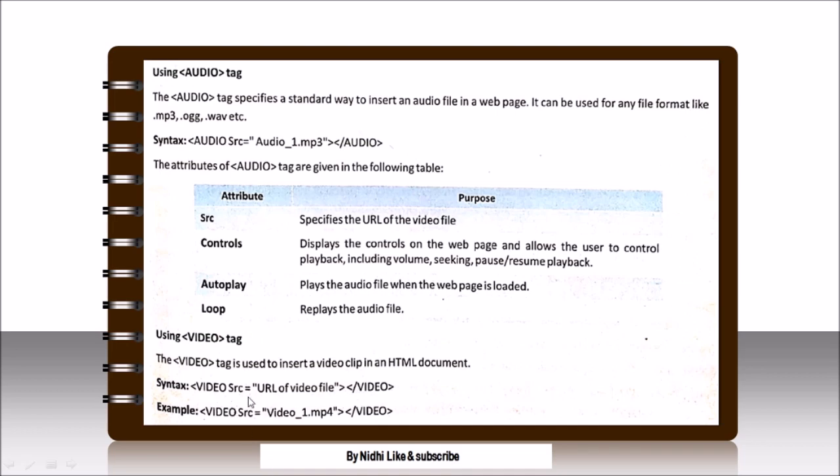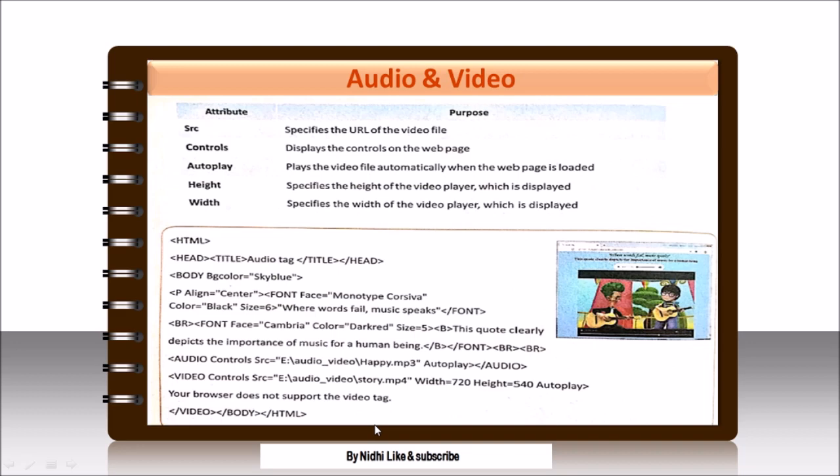So this is the syntax for video. Okay, so video also we can insert, and in video we have the same attributes: source, controls, autoplay, and also height and width. We can adjust the height and width of the video. So this code is for embedding audio and video, we are placing audio and video. Like this you can run this code. If you are facing any difficulty, feel free to ask. So this is about inserting audio and video in HTML5.